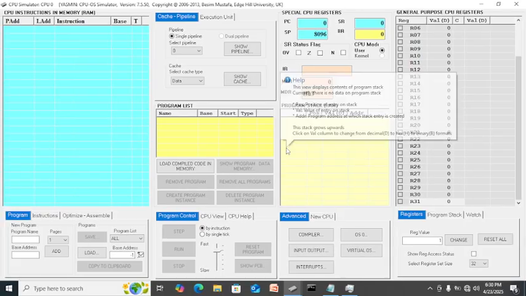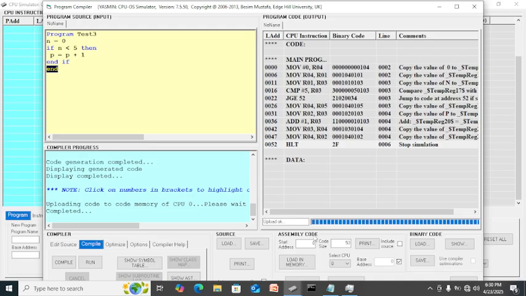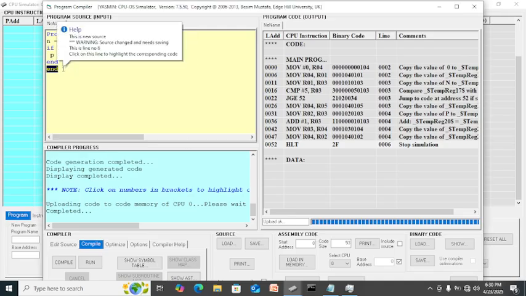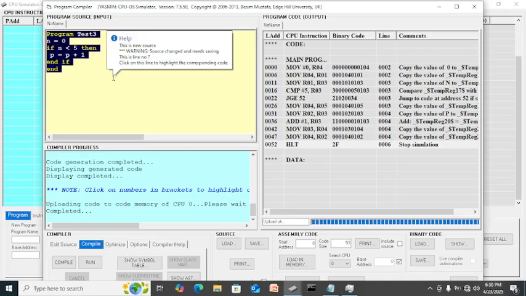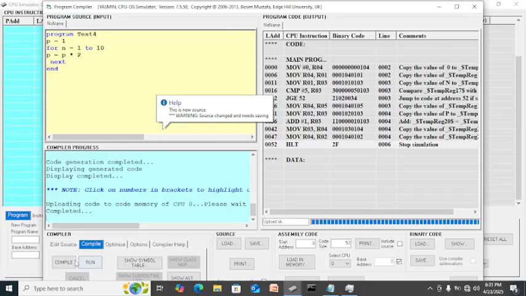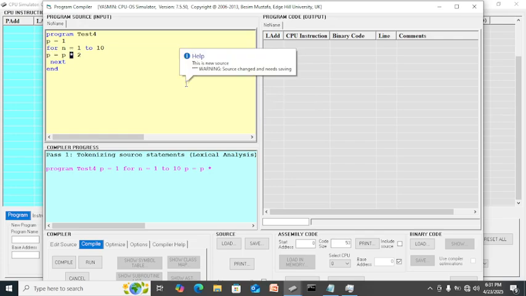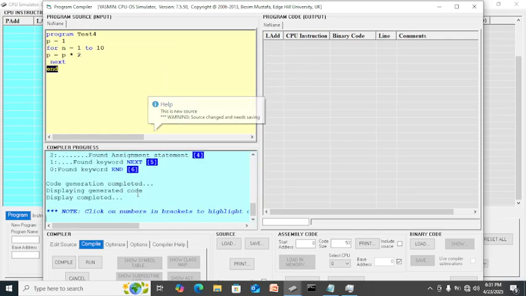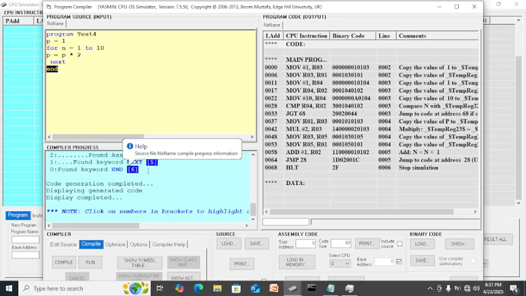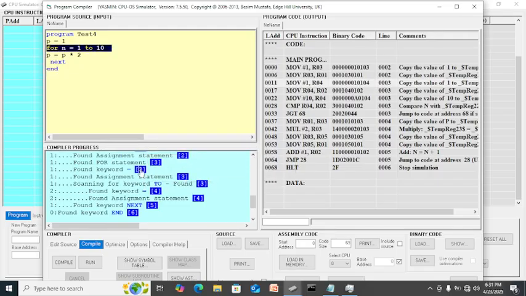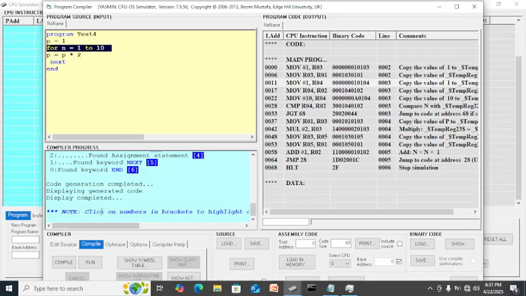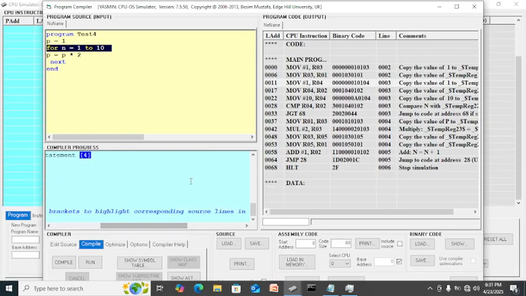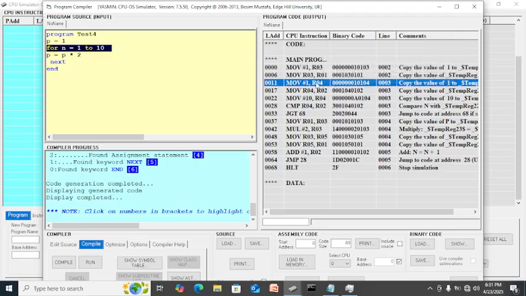Then we're going to compile this, and overwrite this one, paste the value, and compile. So you can click here, what I told you, you can click the number here like stated below. Click on numbers in a bracket to highlight the corresponding source line. So this is it, and this is it. So if you click here, this is the one.